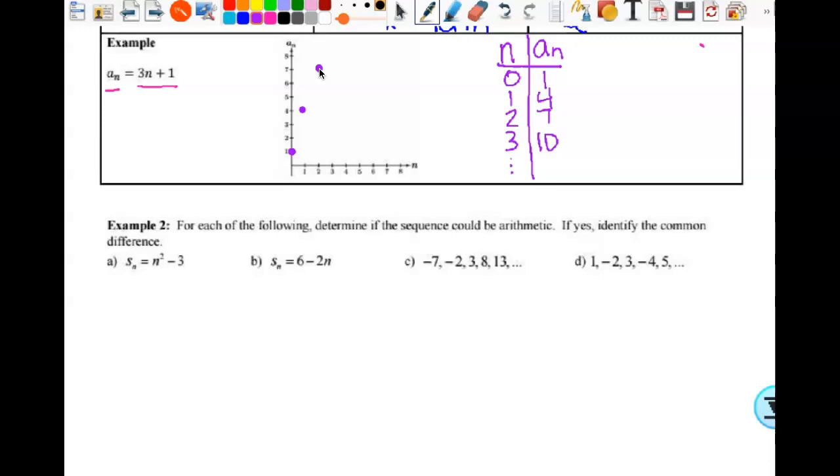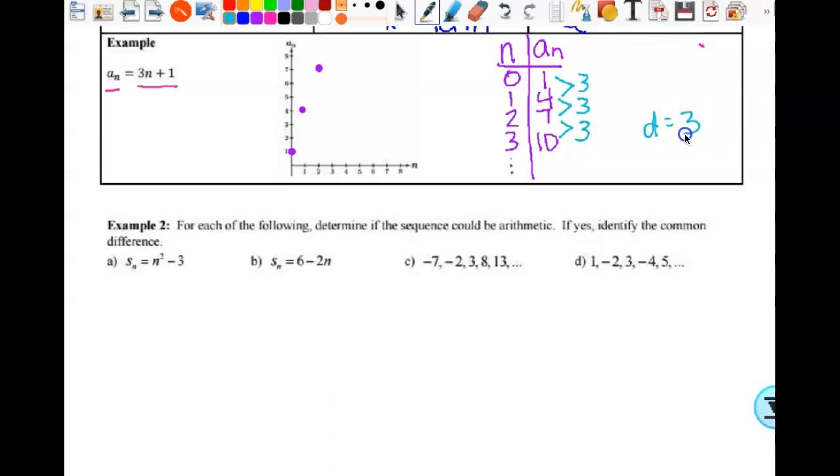Do I connect these dots? No, I absolutely do not connect these dots. When I look over here, my common difference, is it 3 or negative 3? 3. It's because I do 4 minus 1, that gives me 3, 3, 3. Just like we did before, those are our first differences. It is a common difference. So that tells me that D equals 3,